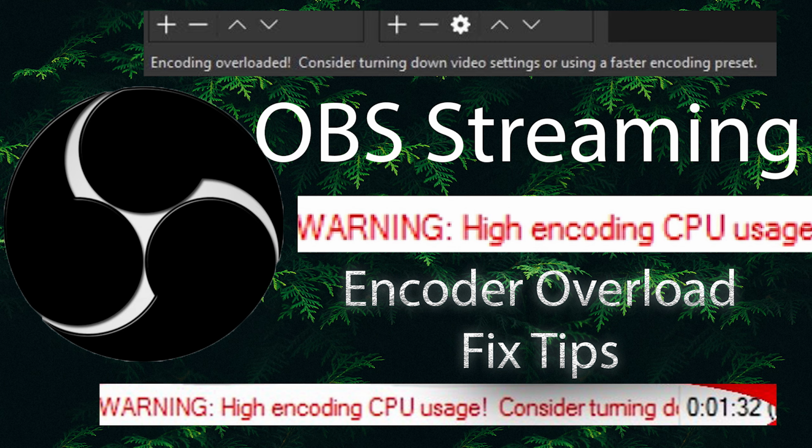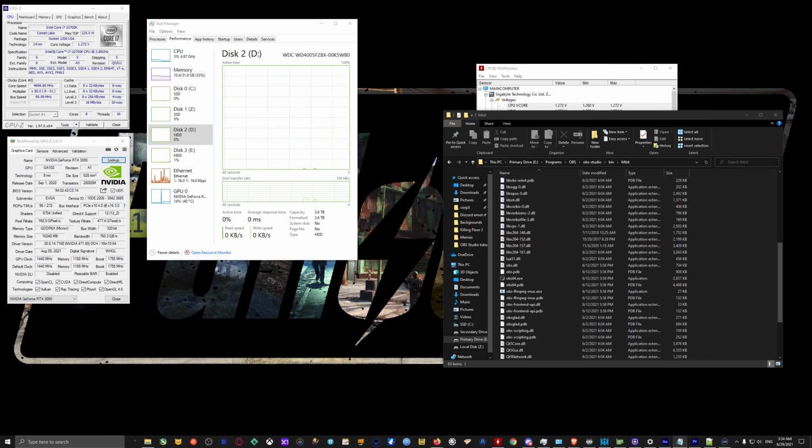Real quick, we're going to go ahead and touch on today the encoding overload error that may show up when trying to stream from either a single PC setup or dual PC setup, or even a dual PC setup that runs from the main system through NDI, which is over the network, instead of a direct cable connection as well. All of those options fall in line with some of the info that I have gathered and tried to troubleshoot